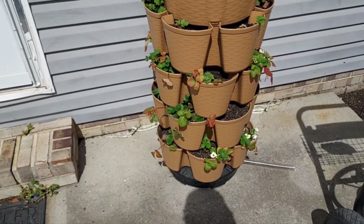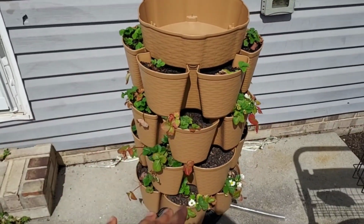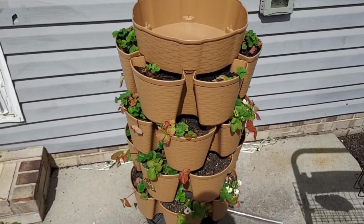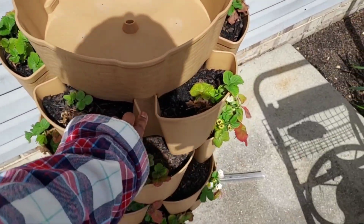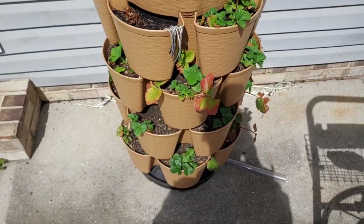And while I'm updating you on things that need to be done, I also need to fertilize my green stalk. Just fertilize the soil that's in here. So yeah, I'll put some fertilizer in it, and maybe throw some compost in there as well. Also,